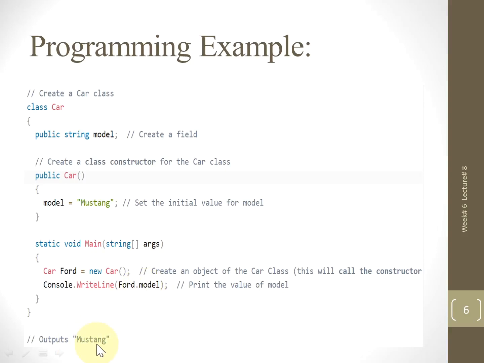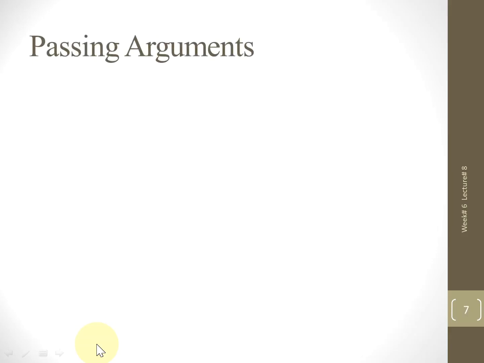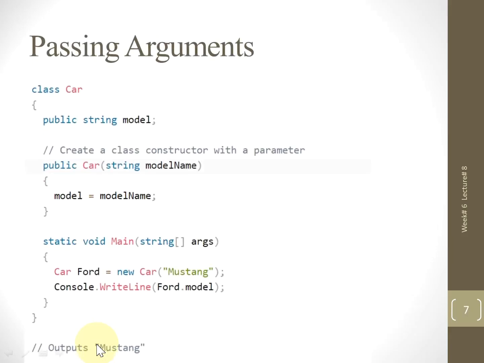Inshallah, in the lab class, we will be solving more examples on the constructor function. Now let's see how to pass arguments to the constructor function. Again, we have a class named car and a data member string with a public specifier, and the name of the data member is model. We created a constructor function with the same name as the class name, receiving one argument, that is string model name. Within the body, we have just initialized the data member model to the model name.